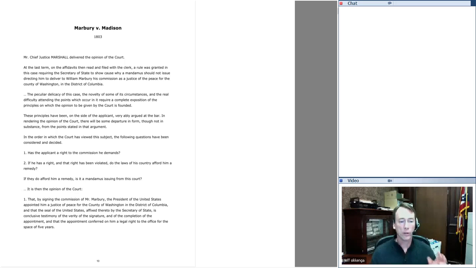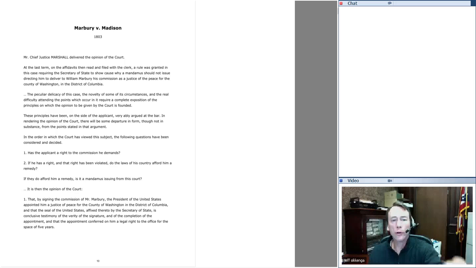by the Federalists in the Federal Judiciary Act of 1801. His commission is signed and sealed by President John Adams, but it doesn't get delivered to him. For whatever reason, historically, we're not quite sure why. The acting Secretary of State doesn't give it to him. Now, of course, ironically, the acting Secretary of State who doesn't deliver the commission to Marbury is John Marshall, who, in the haste of the last days of the Adams administration, doesn't get it delivered to him, but in the meantime, he's actually confirmed as Chief Justice of the Supreme Court. So we have a very weird situation here where the Chief Justice who ends up writing the opinion was actually involved in the events that led to the case.